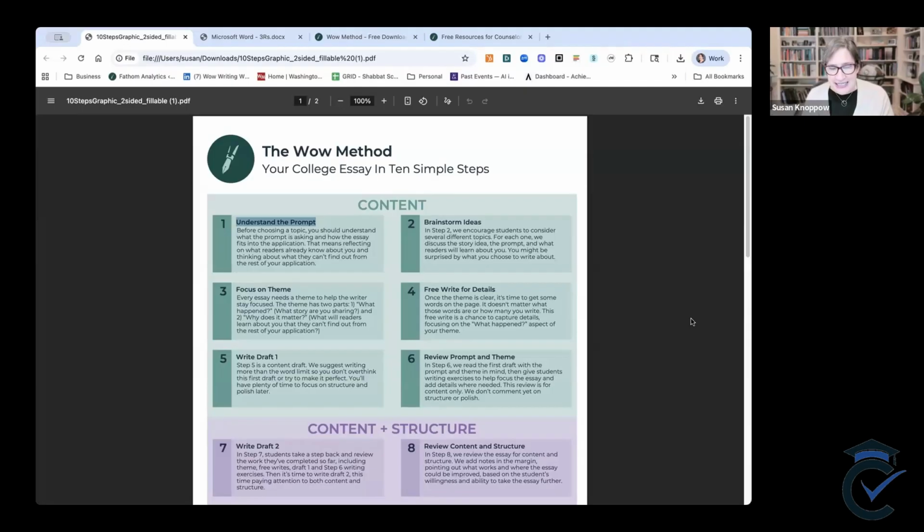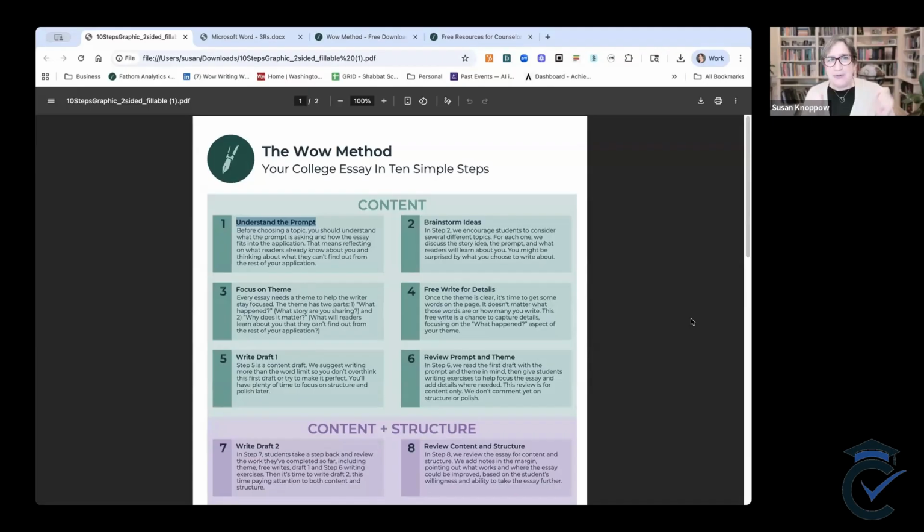I'm confirming understanding. So when I talk about my 3 R's, requirements, requests, and recommendations, and I will share a tip sheet with you that you can look at later, this is a requirement. They have to do this exercise before I meet with them. It is not up for discussion. It is not optional. I will not do it with them. I need to know 2 things. 1, do they read and pay attention? If they don't, I'm not going to punish them, but I need to know that. And I need to know that they really understand what this task is all about.